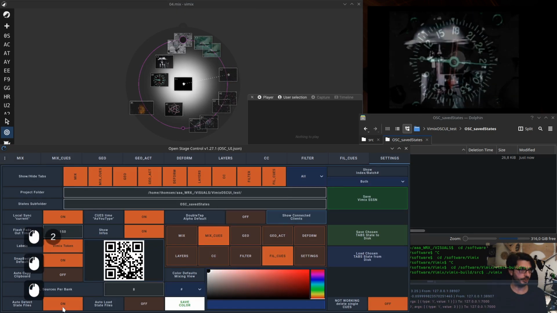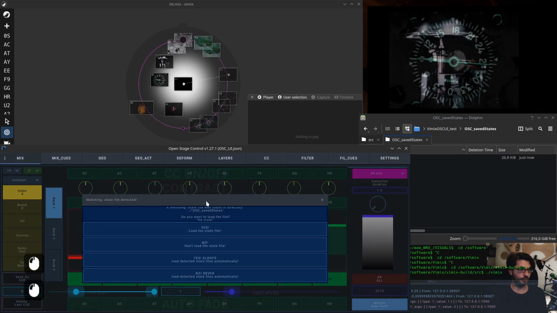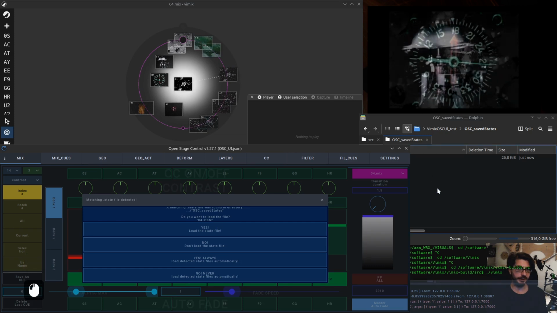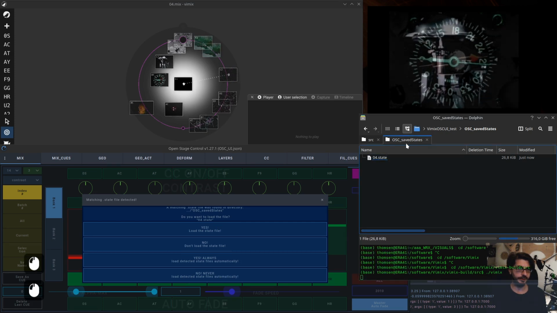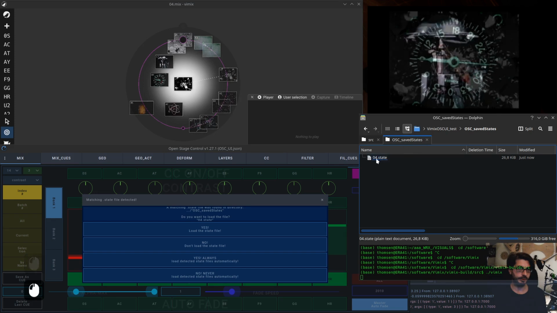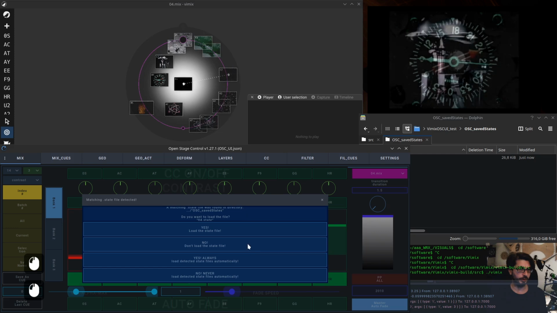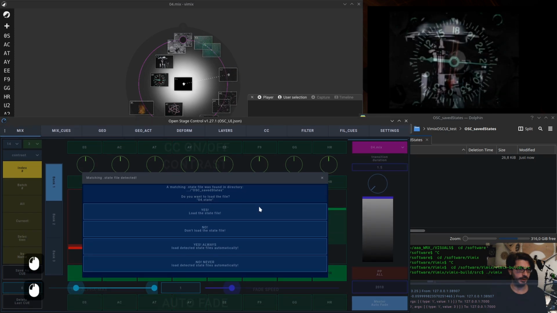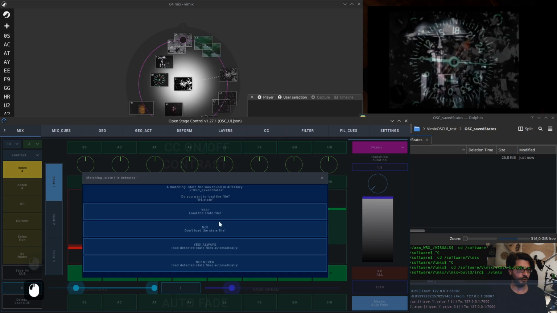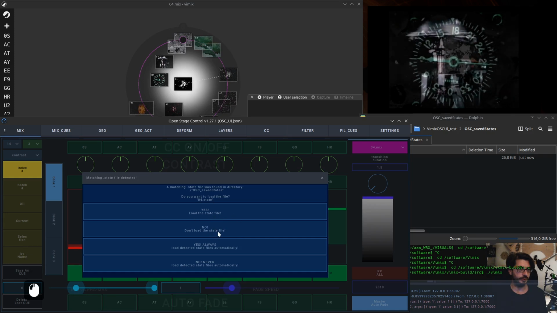If you switch on this button, auto detect state files, you will receive a little pop-up telling you that there is in this folder, in this saved states folder, a corresponding state file. What do you want to do with it? So in my case, I would say yes or no. So load or don't load. Or you can